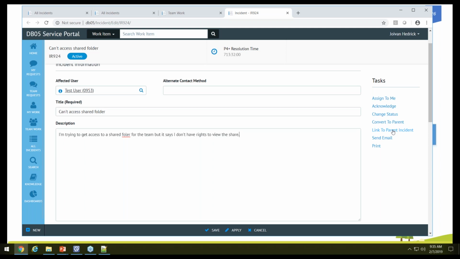Instead of an incident, you would create a problem and then link all the child incidents to a problem, which is a much better, more ITIL-centric way of dealing with these child parent incidents. But this version of the portal does allow you to link to parent incidents, and then once you resolve the parent incident, it would then automatically resolve the child incidents, which is very, very useful and comes in handy if